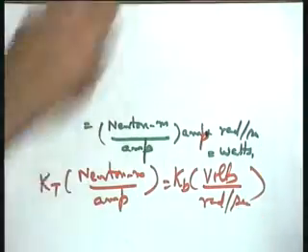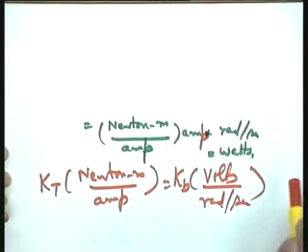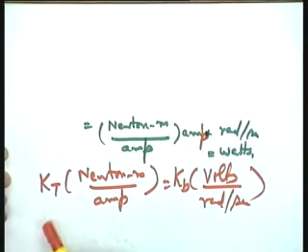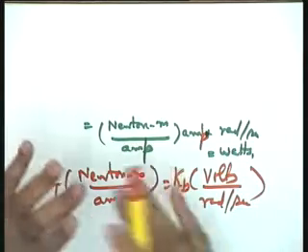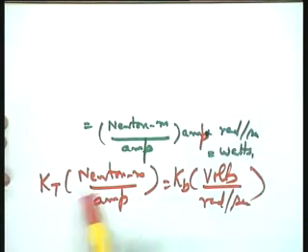This point needs your attention, that if kT is taken in Newton meter per amp and kB is taken in volts per radian per second, then the numerical value of kT must be equal to that of kB. The units I am stressing, because if you take different units, the two may be related through a constant. It is not necessary that kT is always equal to kB, it depends upon the units. Consistency of the units, compatibility of the units has to be observed. So, if I take these units, I have proved to you that if kT is in Newton meter per ampere and kB is in volts per radian per second, numerically the value of kB will turn out to be equal to kT.